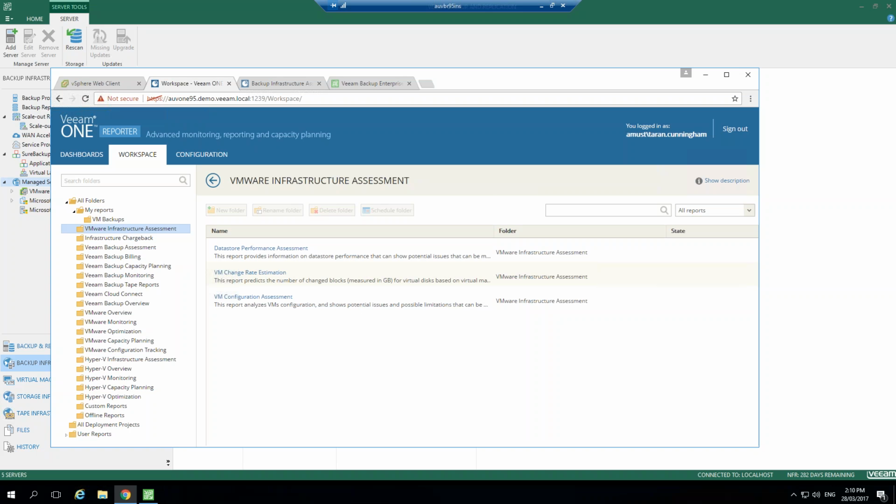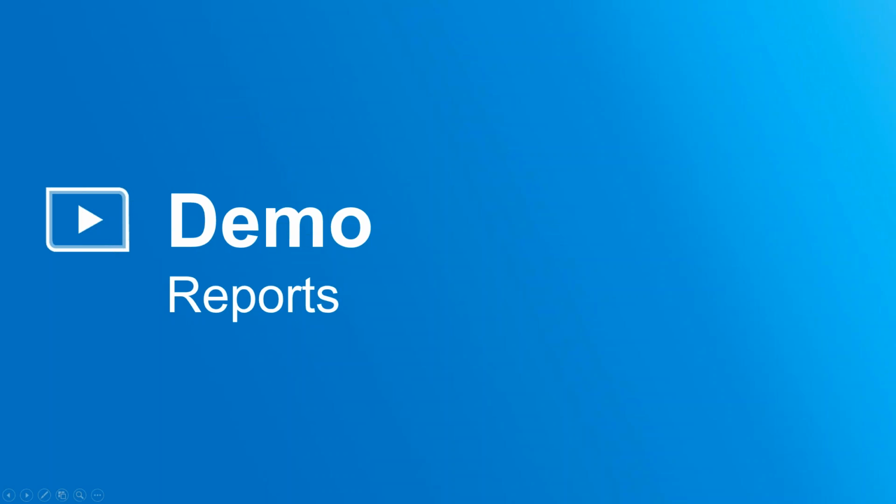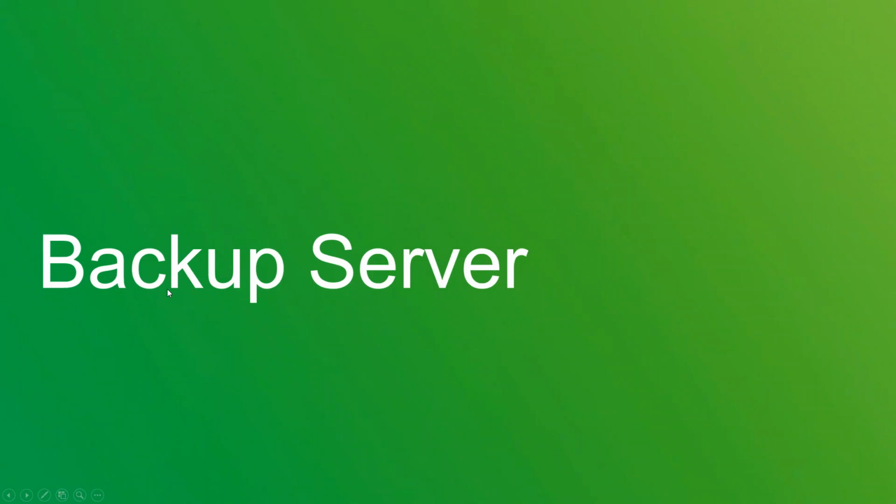Now, I'll level with you guys. One of these reports here on the VMware side is our data store performance assessment. When we do our backups, we are going to grab a whole bunch of data from that data store. We're going to bring it back, do a lot of really cool things to it, and store that in its appropriate location, so either a replica or a backup. But this can be a little hard on the data store when you're pulling all that data. So it's nice to know up front if we need to maybe spend some time to get our data stores into better shape. Okay, those are the few reports I just wanted to bring up from Veeam ONE before we really dive into